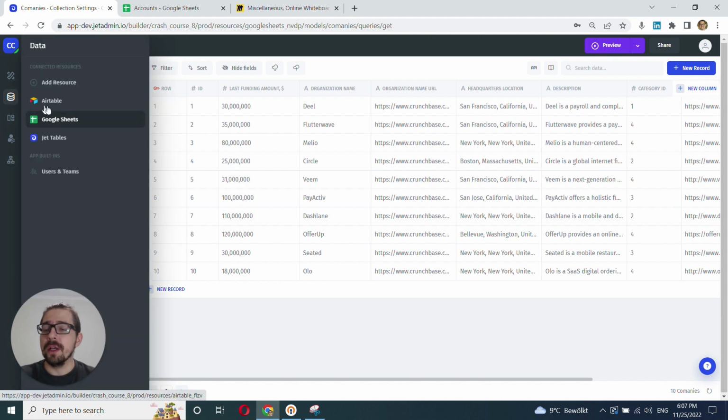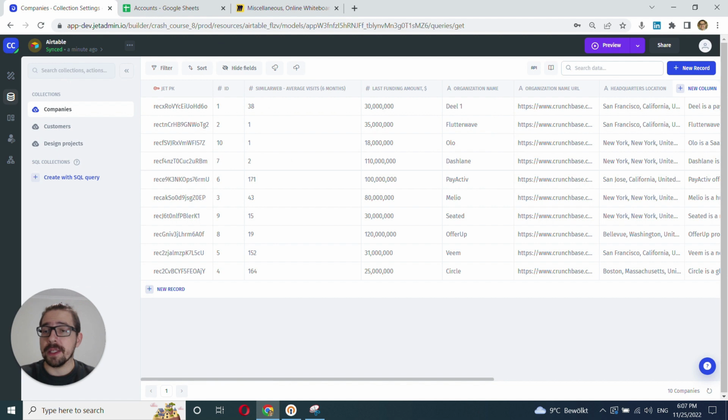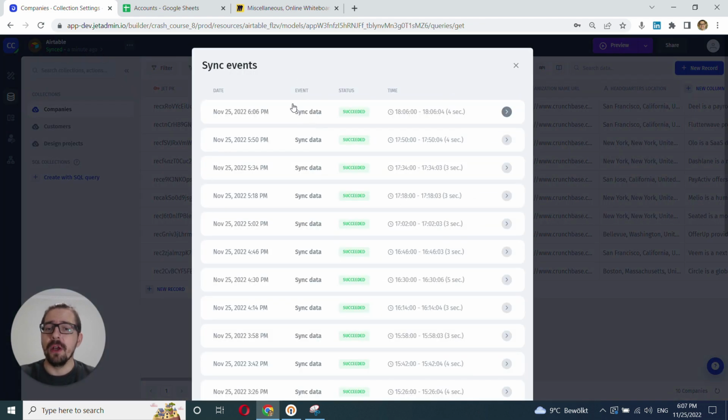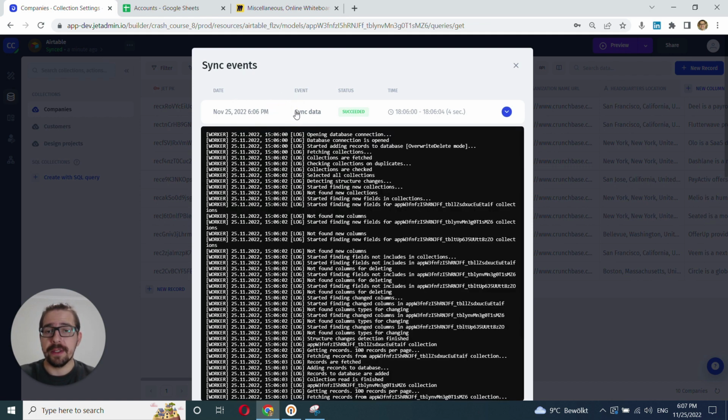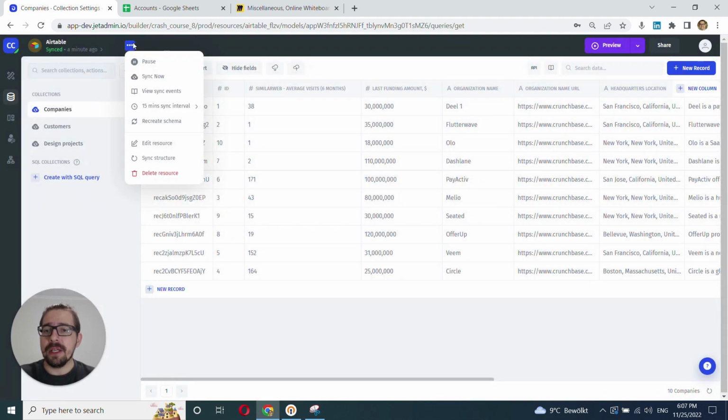If we go to the resource that's connected using the sync connection, then as I said, you can see it's synced. You can see the time when it was synced the last time, and you can click into it and see the log of all the events, all the sync events that happened with this resource. You can even drill down into individual sync events and see all the detailed logs. All right. Here, three dots have several additional settings.